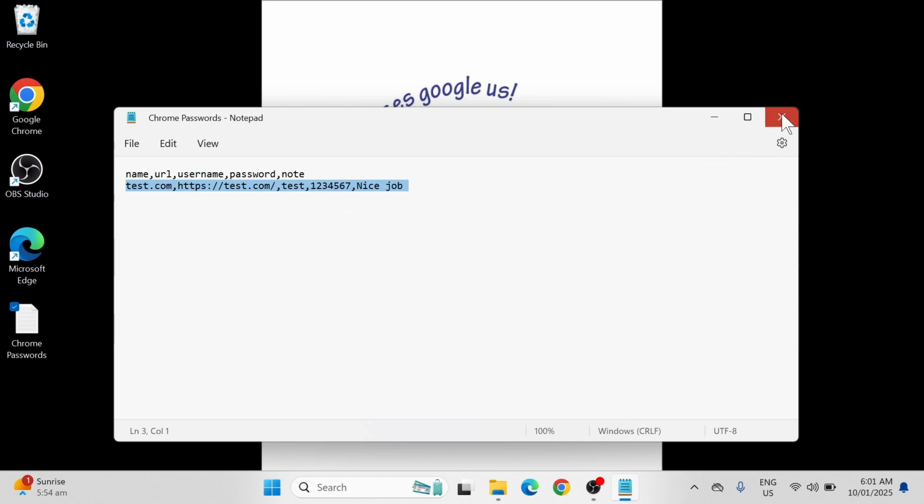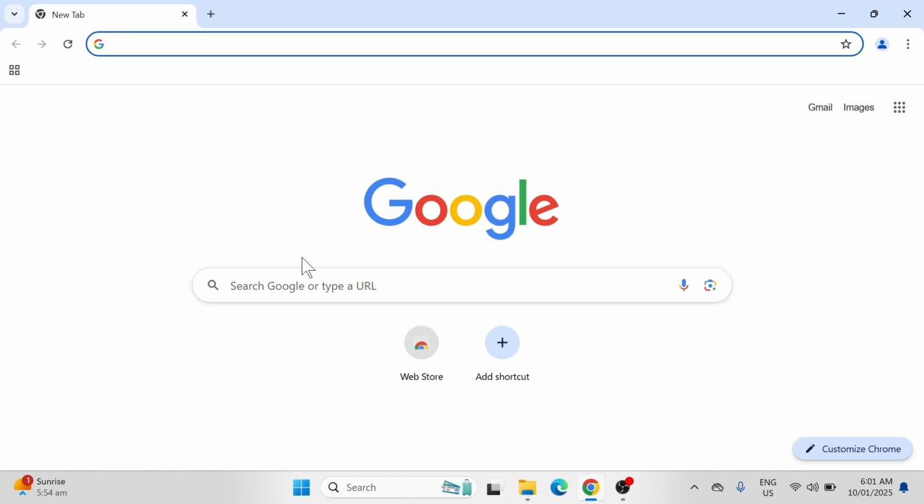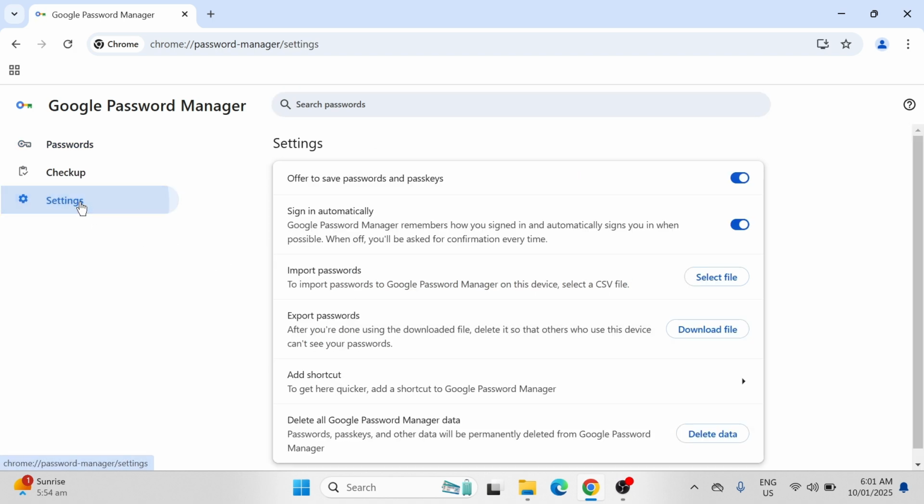Okay, close. Again, if you want to import a password back to Google Chrome in a new machine or new laptop, double click, Passwords and Autofill, Google Password Manager, Settings, then in